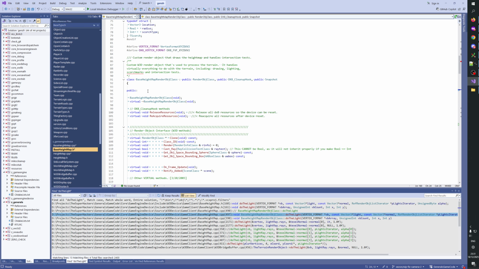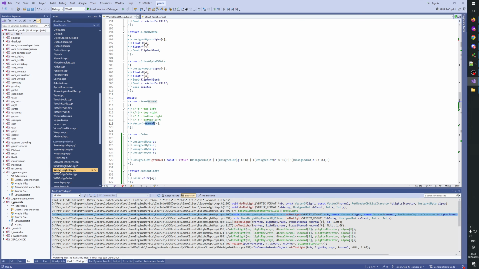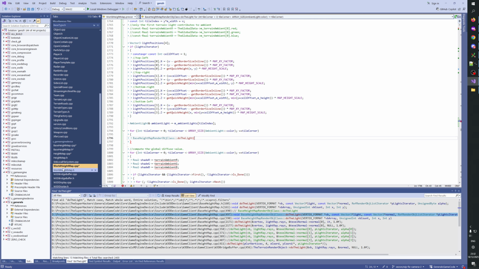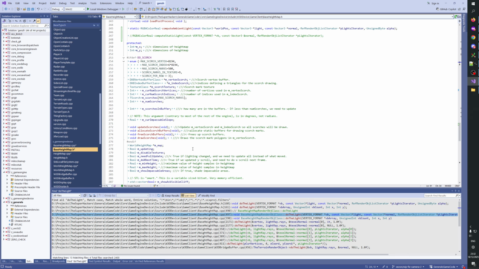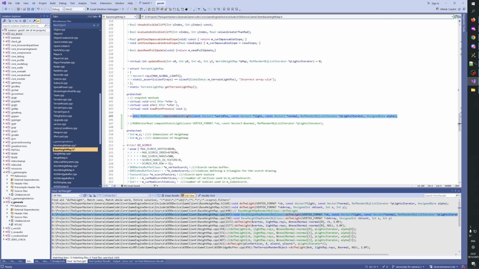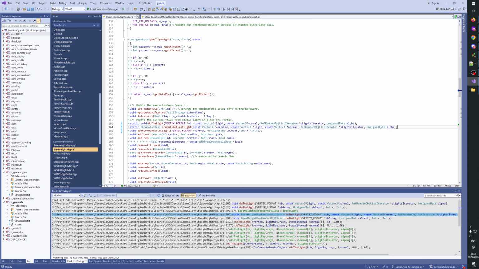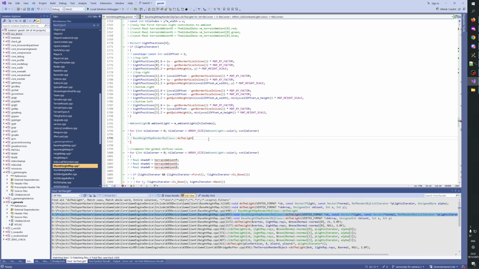Okay, then we should be able to now do this, do the light, and now we can pass, oh shit. Oh man, such a chaos here. Chaos programming. It looks like we need to make this public. Yeah, I think so. Let's put it down here. Okay, do the light and then